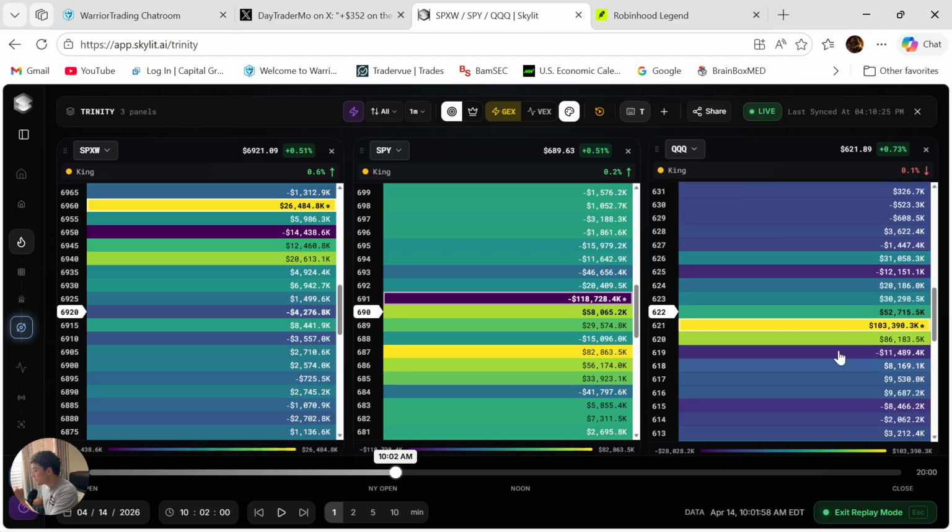So we have a range between 620 and 626. And that's how they have you define it. They tell you, okay, how's the environment? What are your ranges? What are your king nodes? You have to know what the environment is. But look at the chart first.